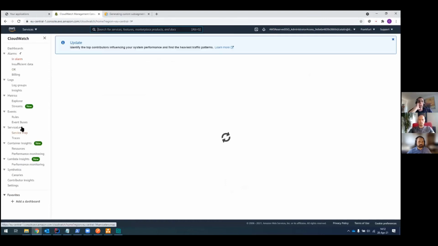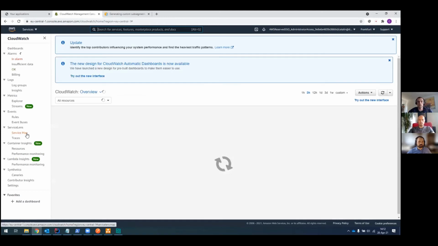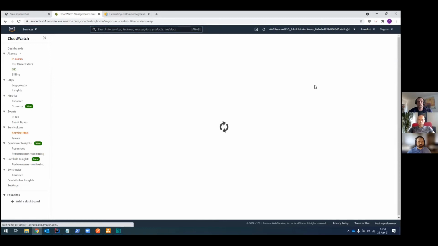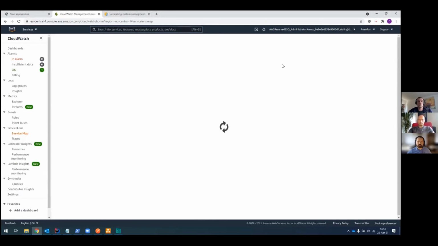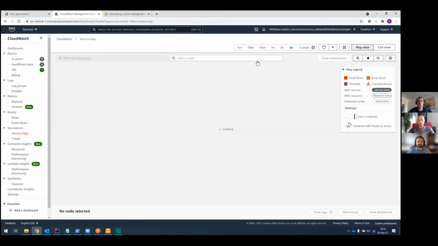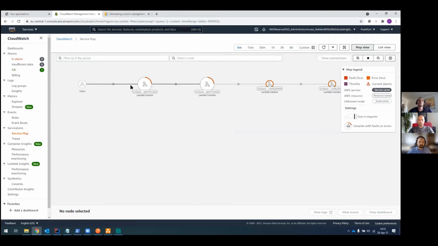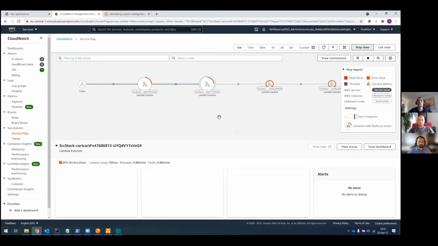All right, so we have Service Maps. We're going to want to go into Service Map, and we will be zooming in on the last 5 minutes because I'll be having a lot of tests for the demo in here. It's going to draw our results. Alrighty, so what we have in here is our first Lambda function being called, which is called cart.